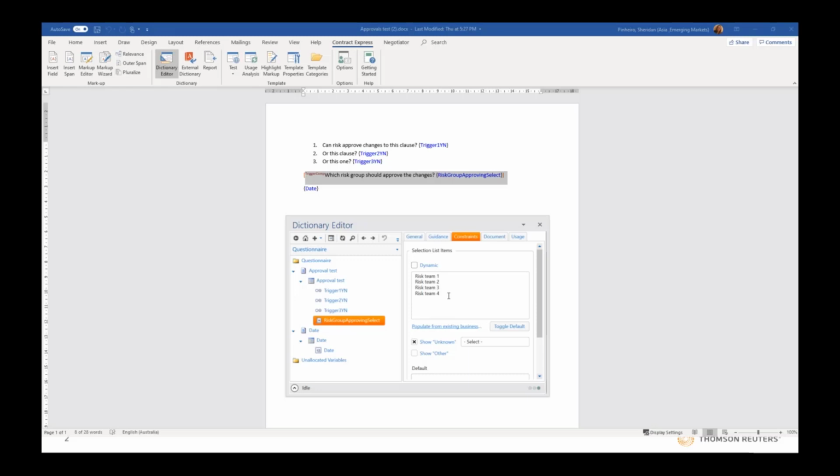The additional approval steps are identical to the approval step we're now setting up for risk team 1, except that the approval request will be sent to one of the other risk teams using a different email address. The approval step for risk team 4 is also set up slightly differently for reasons which I'll explain shortly, and I'll show you how to manage the order of these approval steps later in the webinar. So, going back to my interface,